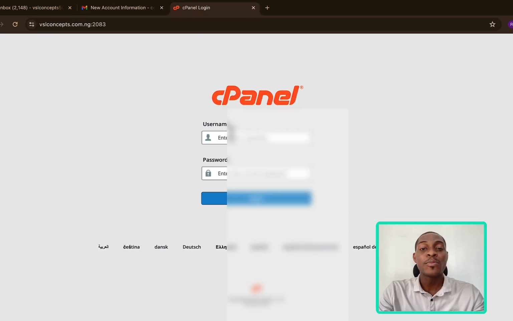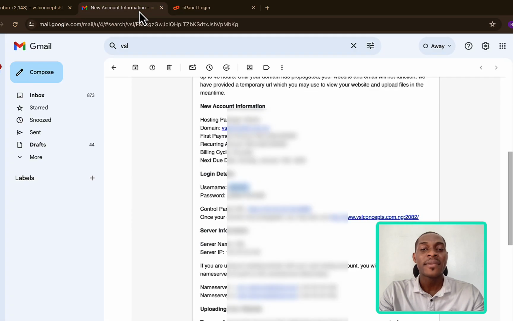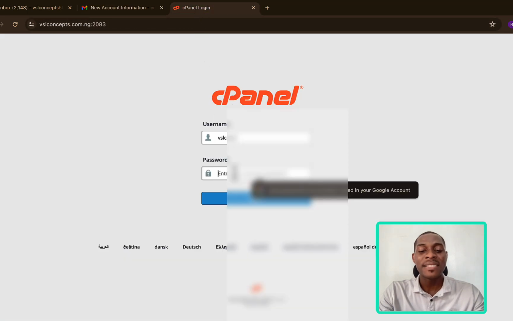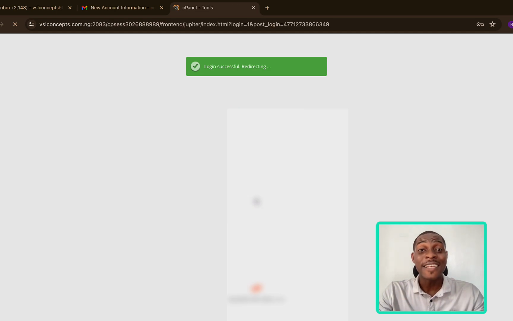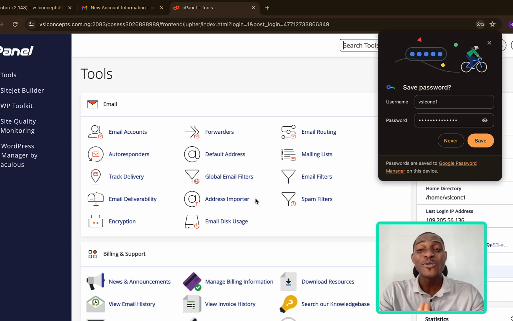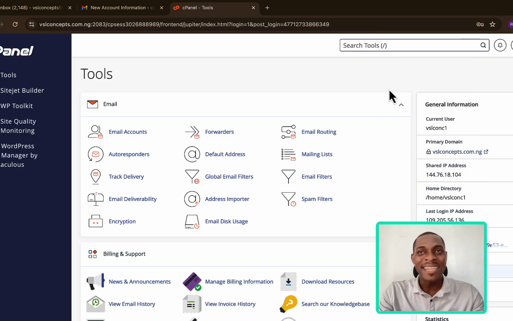Now go over to this point, paste in the username there. Now copy the password, ensure you are not copying any space with it. Go back there and then paste in the password. Then you click login. Immediately it will successfully log you into your control panel for your domain that you have